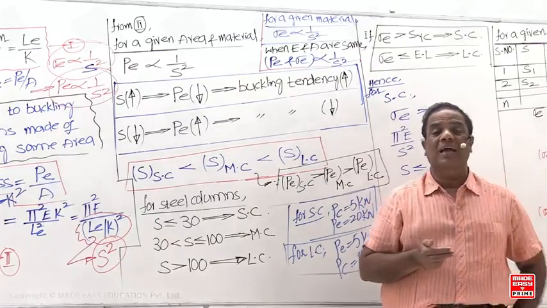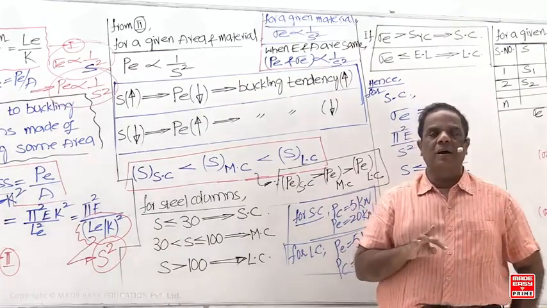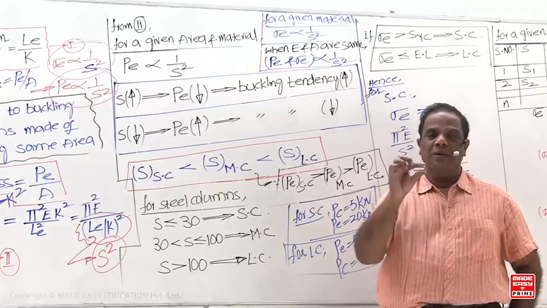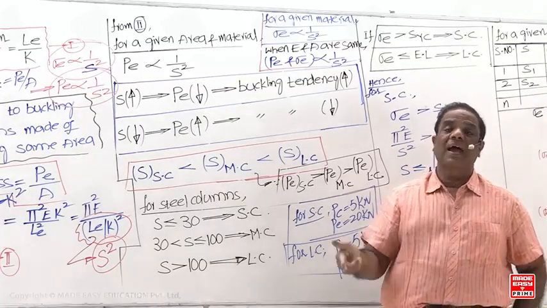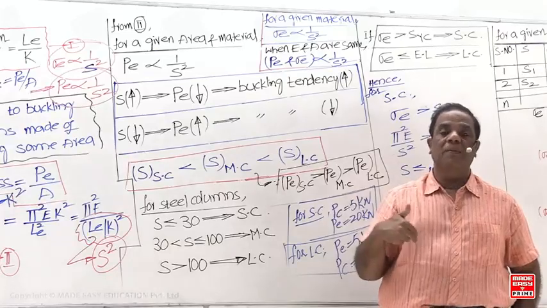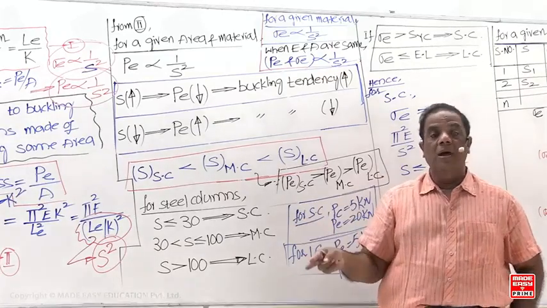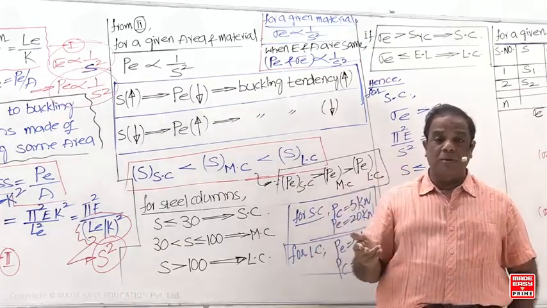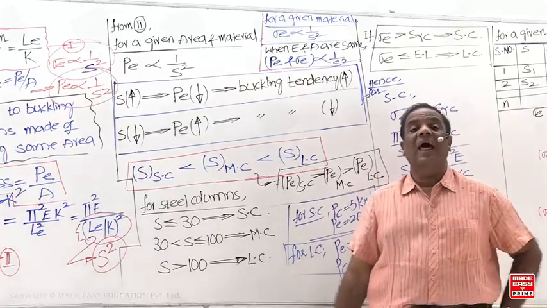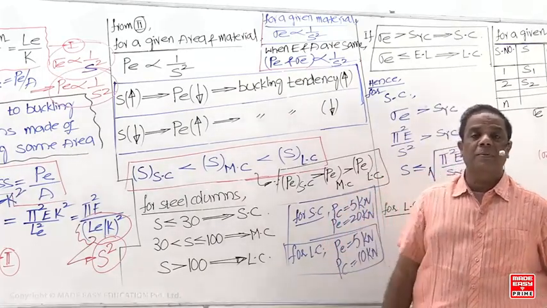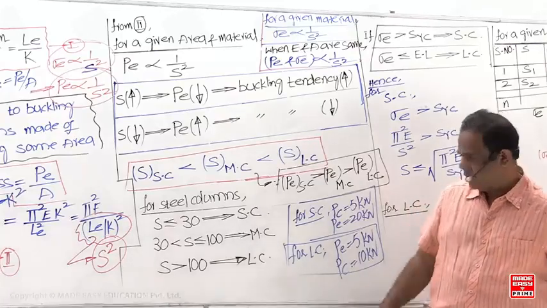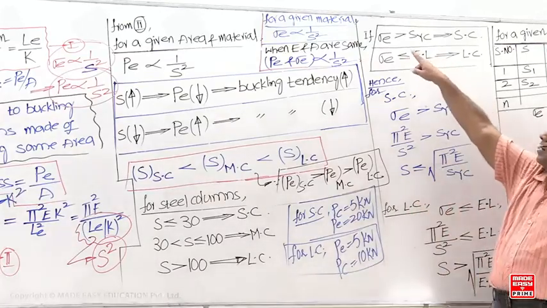But some textbooks write the proportional limit. Why? The proportional limit and elastic limit are very, very close. But strictly speaking, it is the elastic limit. Sometimes, in place of the elastic limit, if the proportional limit is given, you can take that. But if both the elastic limit and proportional limit are given, then you have to consider the elastic limit. The difference between elastic limit and proportional limit you have already studied.